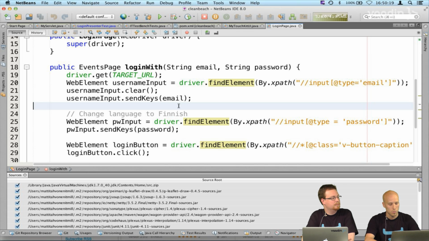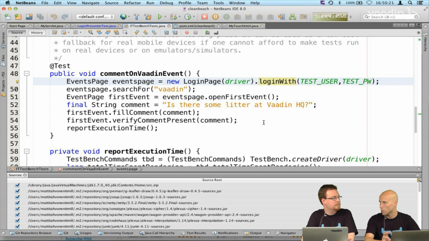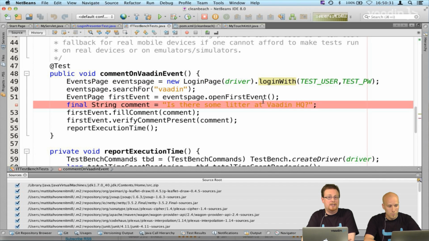This is to create the tests so that they are also maintainable. If you have a new developer, he knows where the error actually happens. And most tests, if you have a login page, have to log in to your application first to be able to run. So if you have a separate object and separate test for that, it's really easy to fix if something goes wrong.